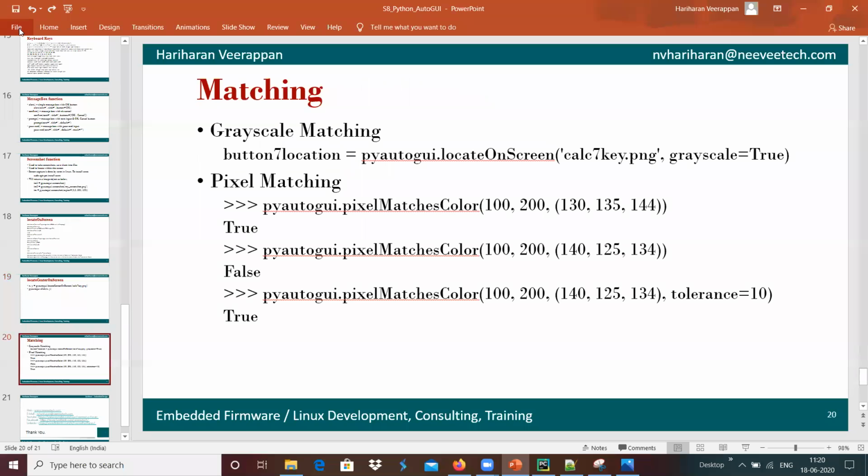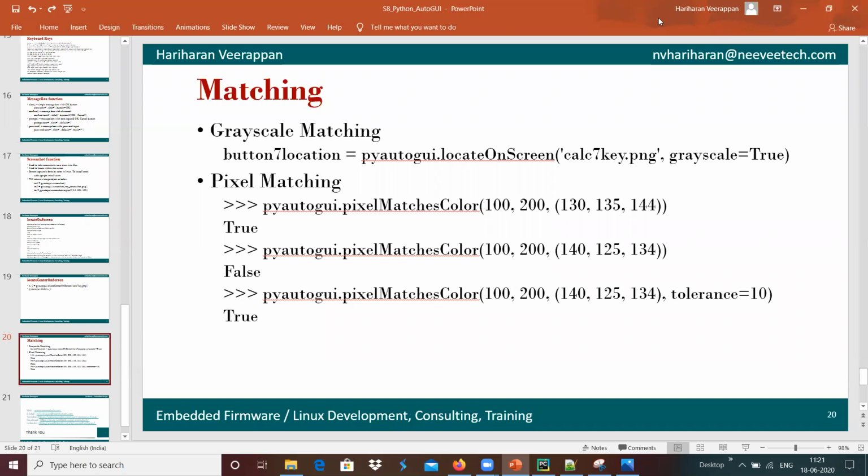Once we go to that location, the color got changed. We can check whether that color has changed or not by matching the pixel at that color, taking the color and matching it with the RGB color option we are giving, and we can confirm that this test case is working fine over here. This provides some kind of graphical user interface automation.